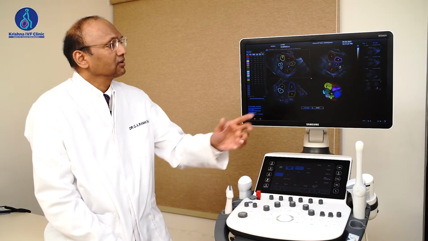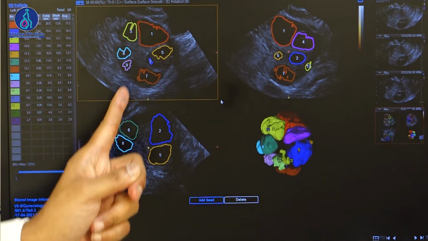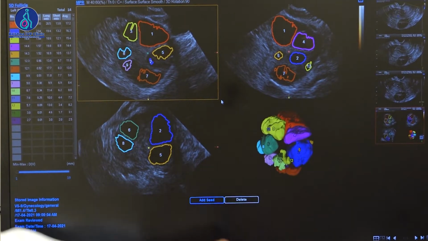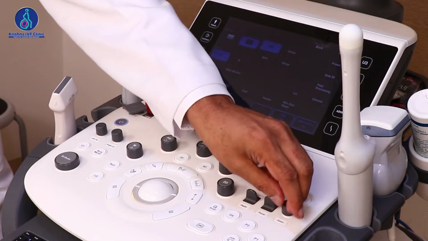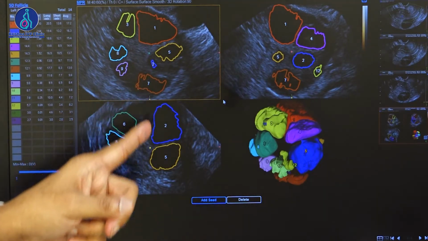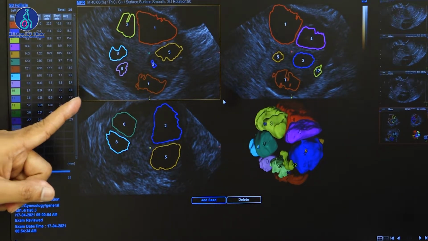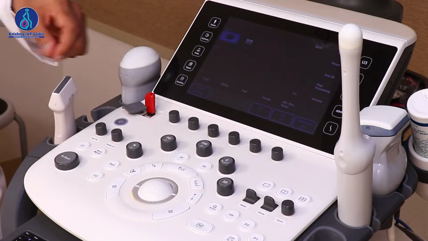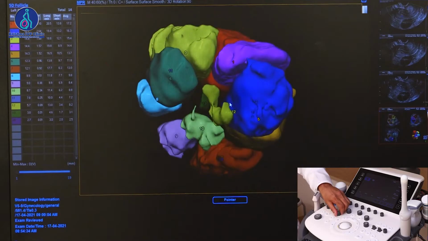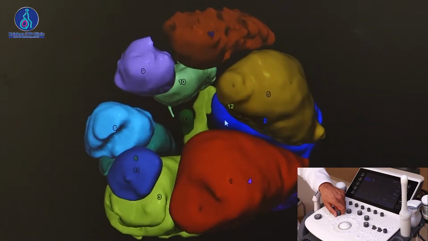As you see in this image of 5D follicle, you see the ovary in 3 planes, and with the acquired image, you can increase the size, and then as you increase the size, you are able to see the number of the follicles, and then I can just look at the same follicle and then rotate the image to look at 3-dimensionally the different sizes of the follicle.